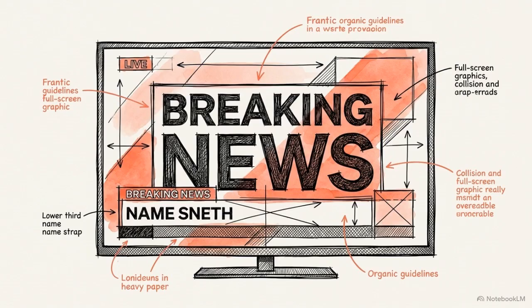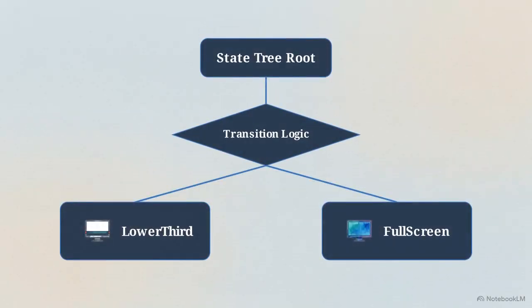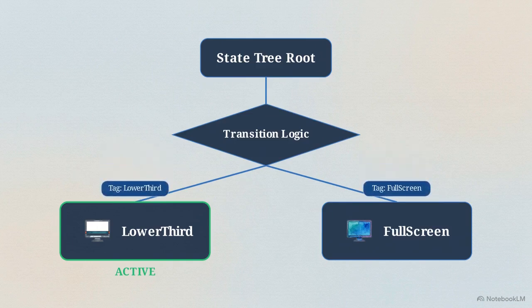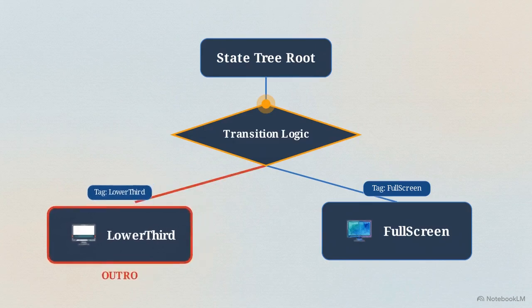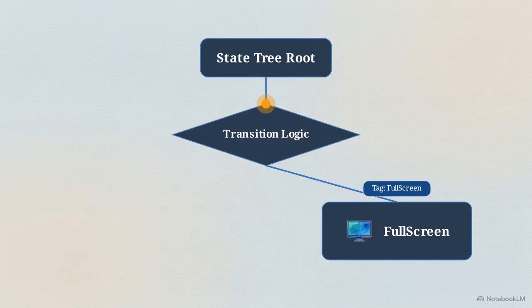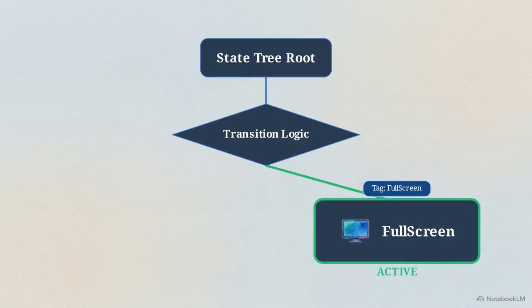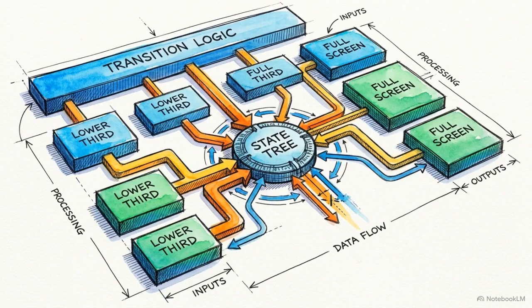A common problem in live broadcast is graphic collision, where a full-screen graphic is triggered while a lower third is still active on the screen. As shown in this logic tree, Unreal uses state trees and transition logic to manage these overlaps. Graphics use semantic tags. If a full-screen graphic is called while a lower third is active, the system automatically executes the outro for the lower third before bringing the new element in. Transition logic turns a static animation file into a reactive playout system that manages its own transitions based on the